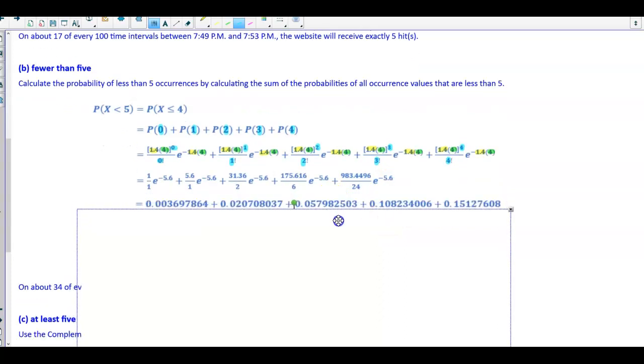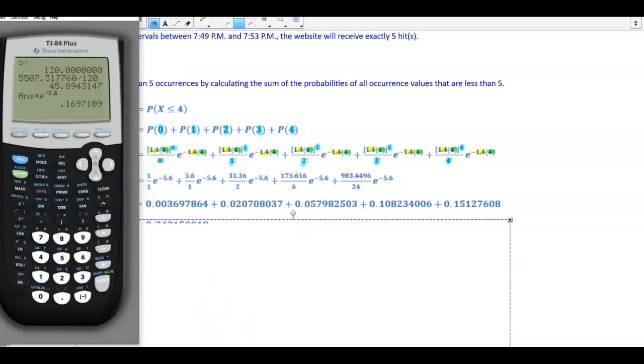So what we need to do is figure out each individual value and then add them together. So let's just quickly do that here on our calculator. Okay, so our first one is 1 times, again, e to the negative 5.6. And so there's our first value. And the next one we have 5.6, and that's going to be times e to the negative 5.6. Go back, make sure we put that number in there. And that gives us